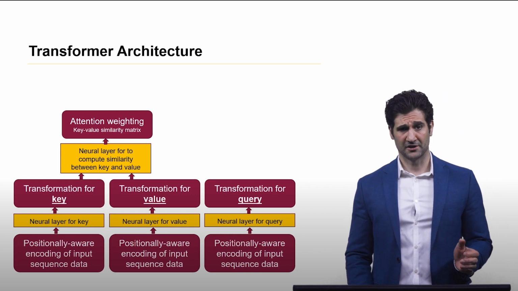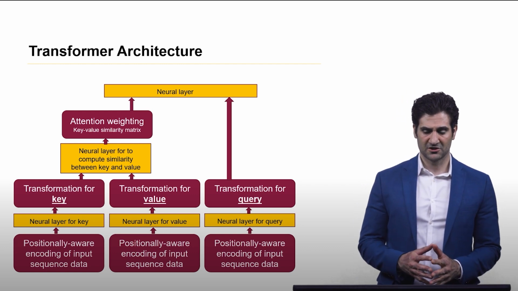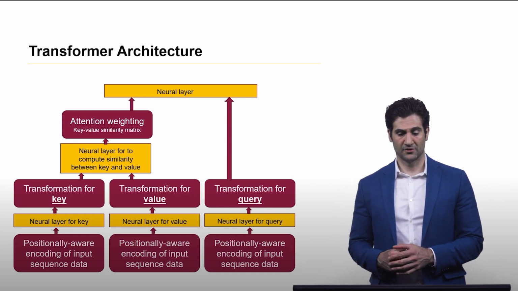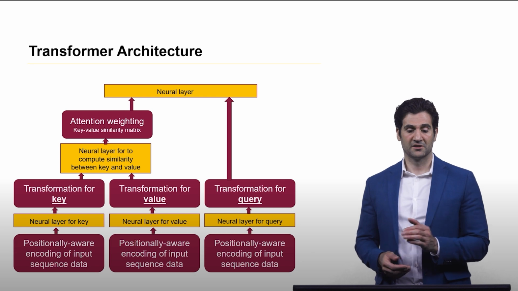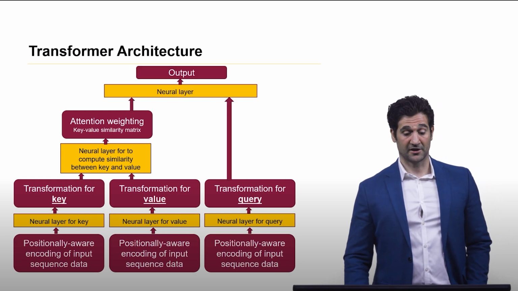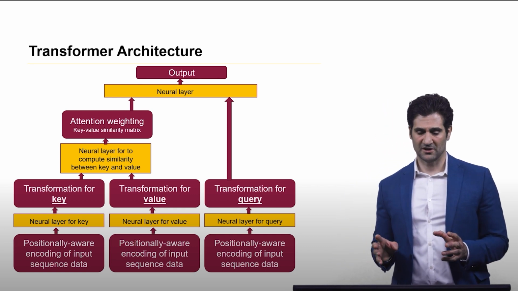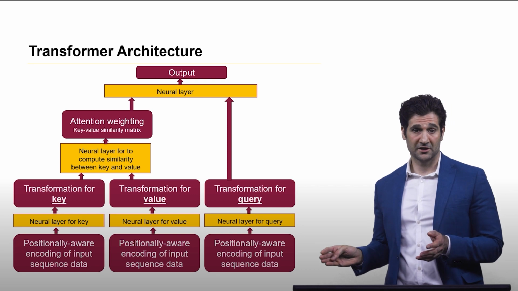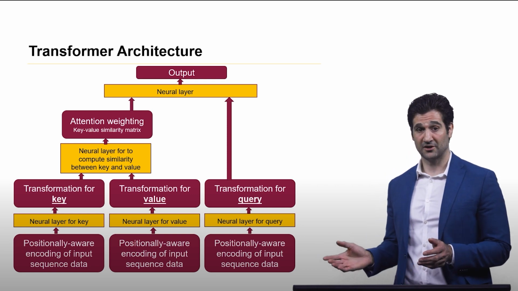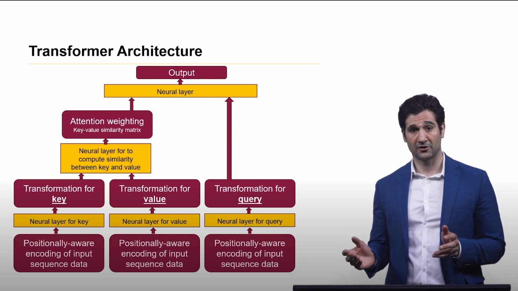We've not included it in this particular diagram. Now the attention weighting is then combined with the transformation of the query in another neural layer that provides you the output. Now what's interesting here is the positional relationships between the different inputs, how important those relationships are to each other